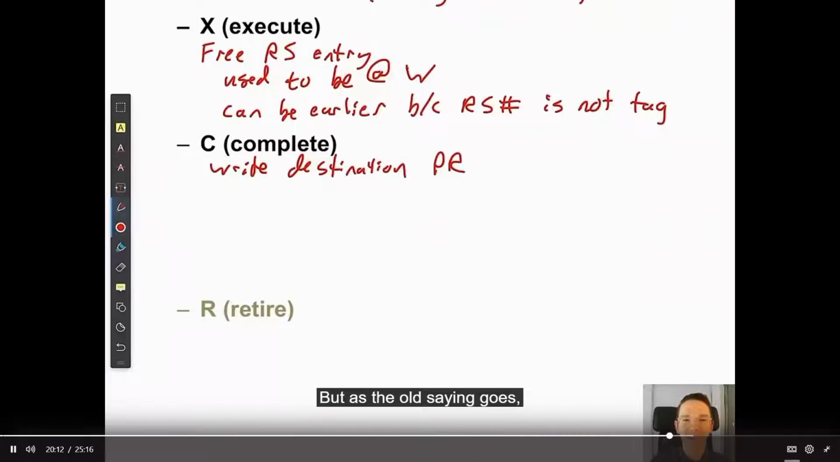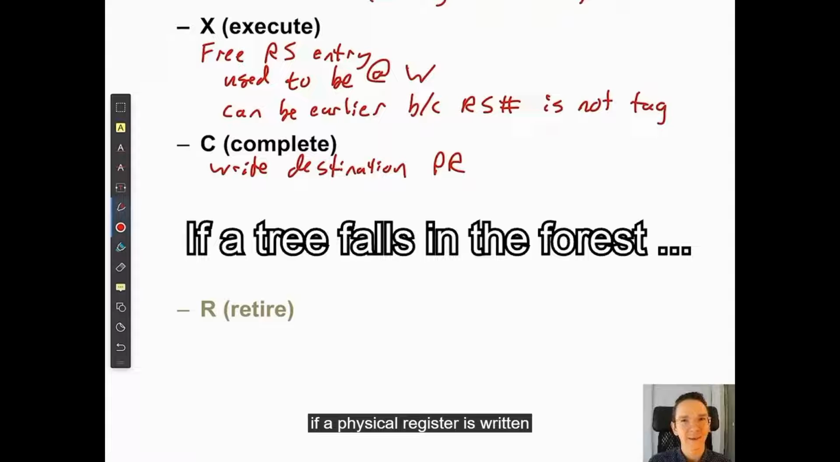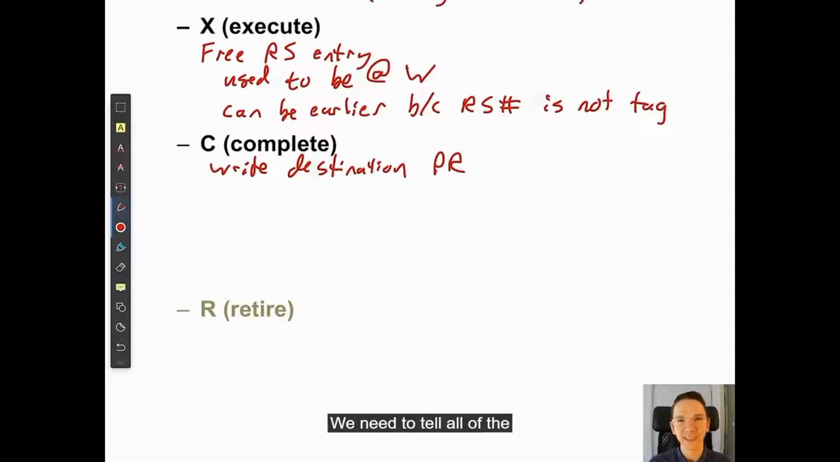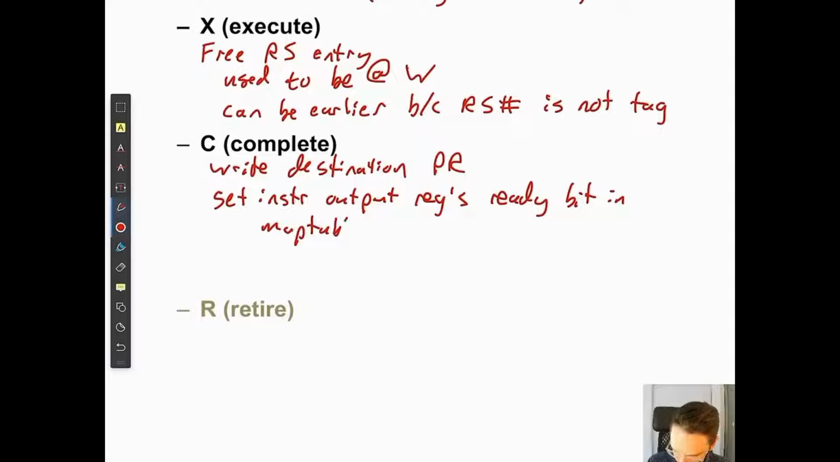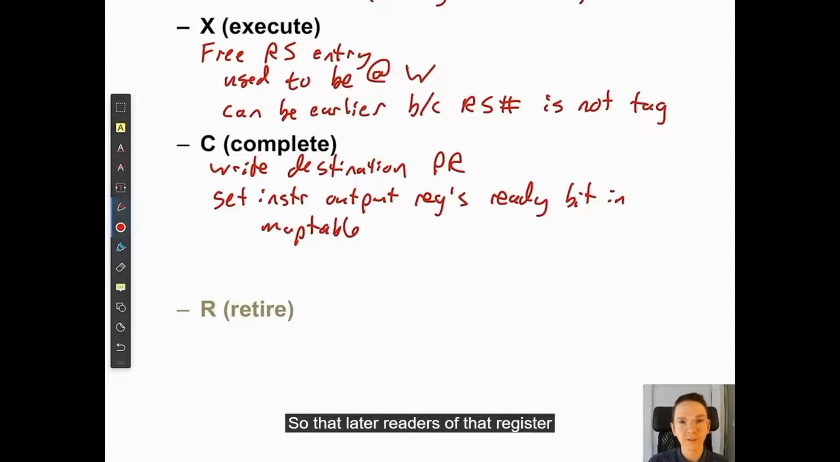But as the old saying goes, if a physical register is written, but no one is around to hear it, did we really produce a value? Of course not. We need to tell all of the instructions that want this value that the data is now ready. So through a broadcast on the CDB, only broadcasting the tag, we set the instruction output register ready bit in the map table,